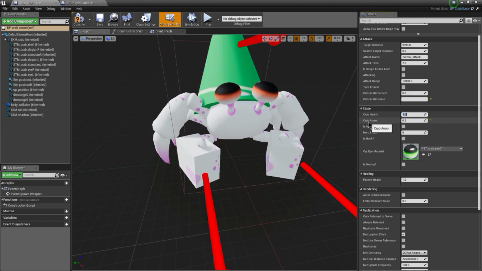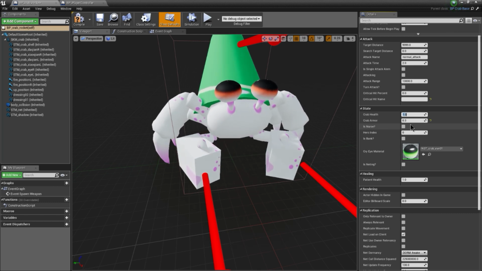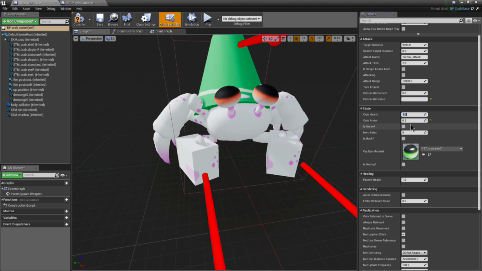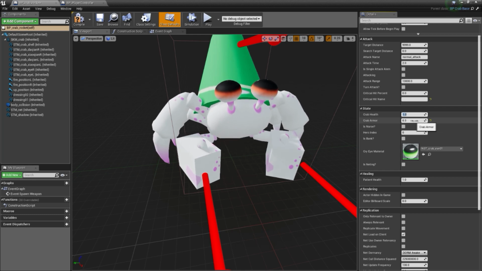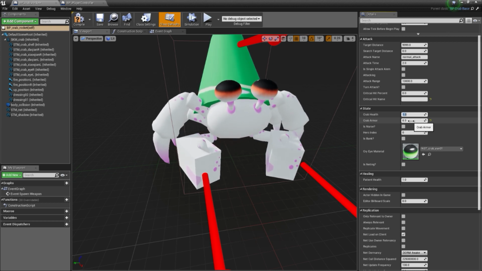And the next is crab ammo. This is the percent of our damage reducing. What's the meaning of it? The crab ammo's range is 0 to 1. This is the percent of our damage reducing. If we set the ammo to 0.3, that means when the crab weapon is fighting with the enemy, our enemy is a pirate from under the water, and if the pirate